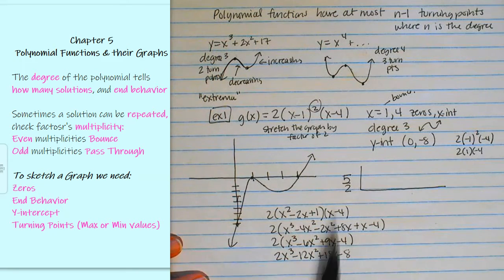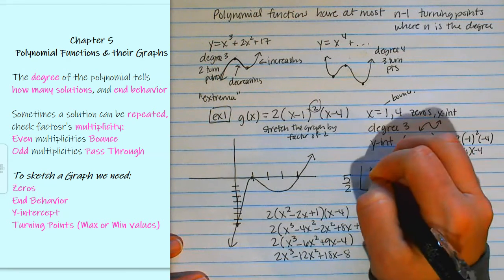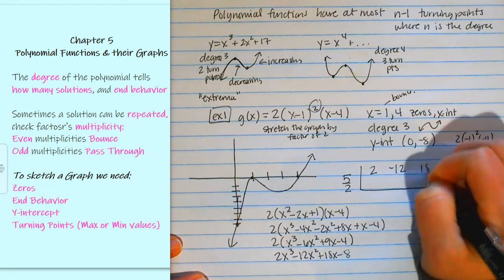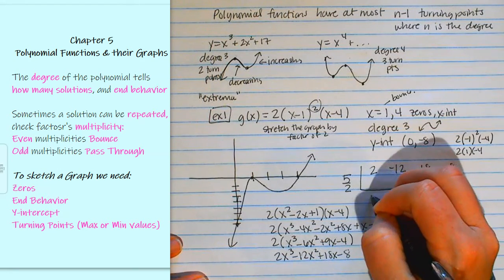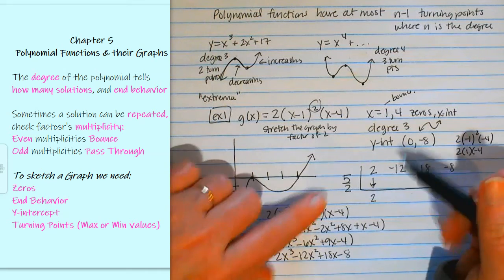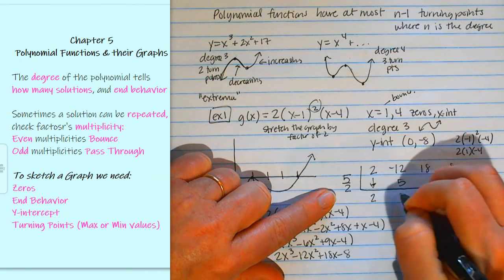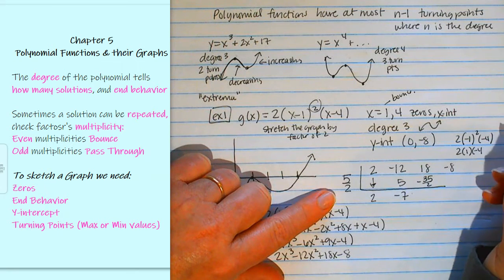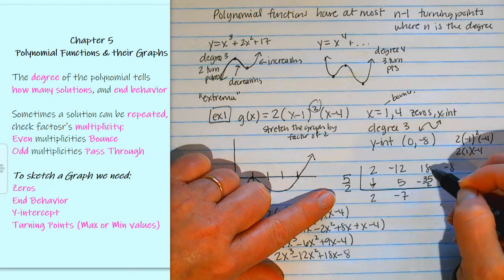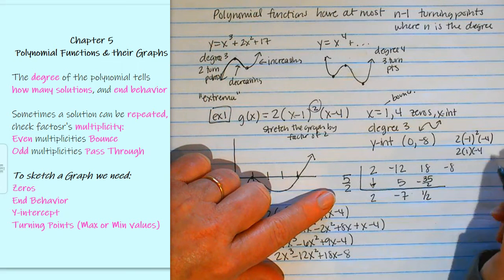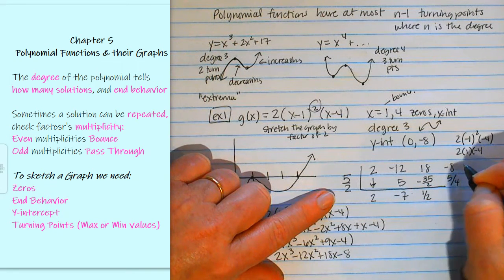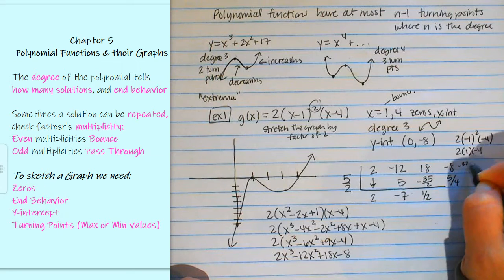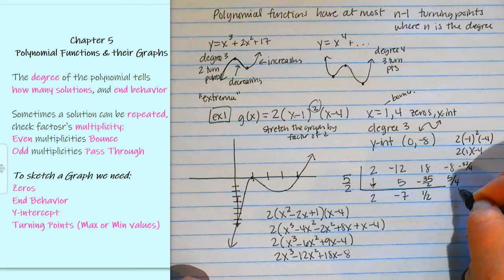I multiplied out the original problem so I could use synthetic substitution. 2, negative 12, 18, and negative 8. That would be 2 when I bring it down. 5/2 times 2 is 5. So that's negative 7. Negative 35/2. It doesn't always work out pretty. So what is that? 36 minus 35 is 1/2. 5/2 times 1/2 is going to be 5/4. And then that's really going to be negative 8. So that's negative 32/4. And 5/4 would be